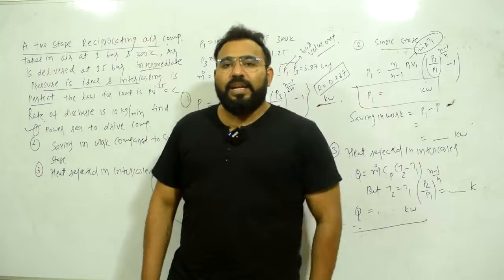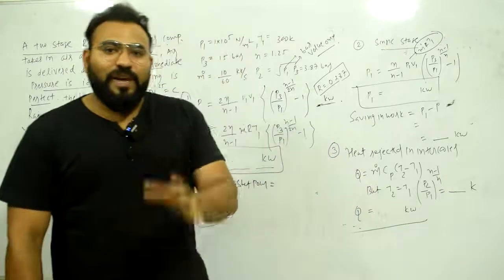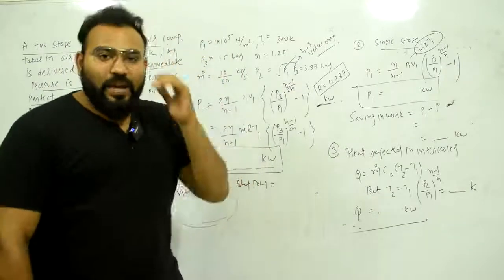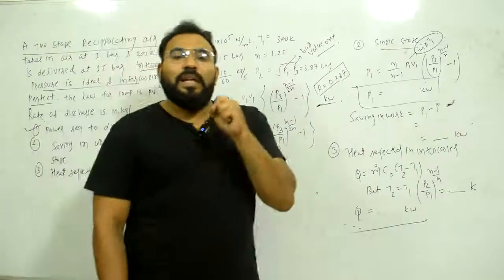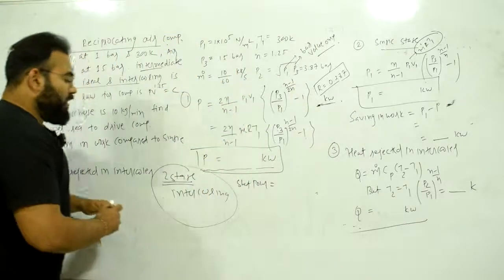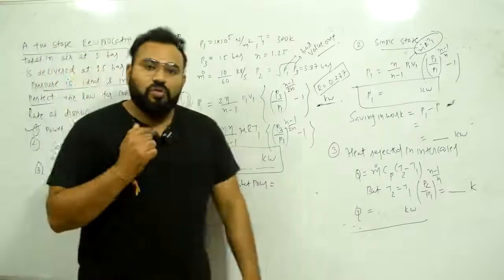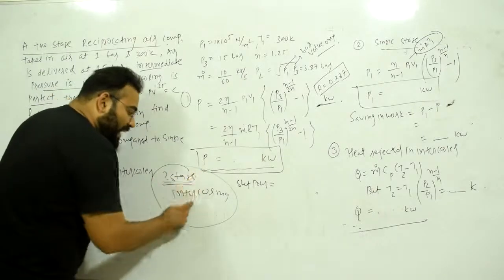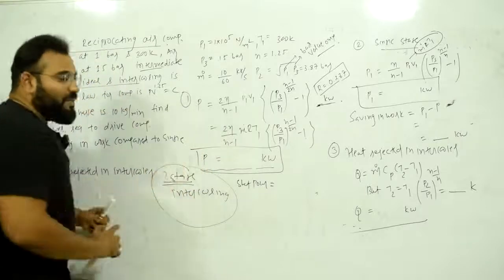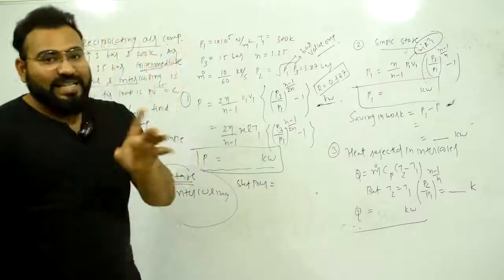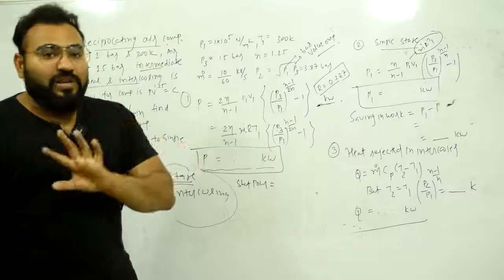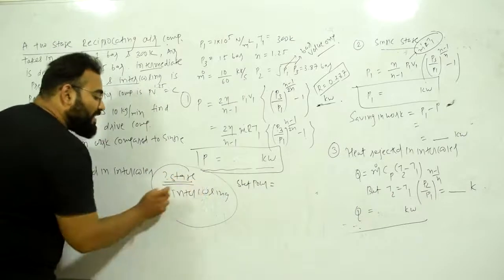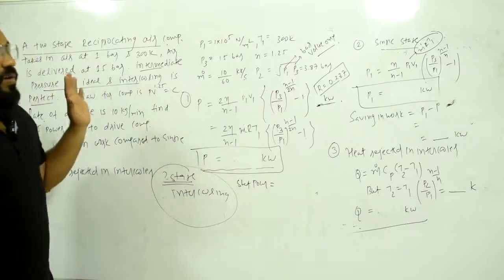Example of a two-stage reciprocating compressor with intercooling. That is very important. You have to watch this video very clearly, give attention, and solve similar examples. Similar example means you have to see the previous year GTU solved examples. In all those solved examples, you have to see two-stage and intercooling. Whenever a two-stage and intercooling example is there, you have to solve that example, not single stage, because in your syllabus you have multi-stage, not single stage. So in the GTU exam, in previous year GTU papers, you have to solve two-stage and intercooling examples. This kind of example only you have to solve.